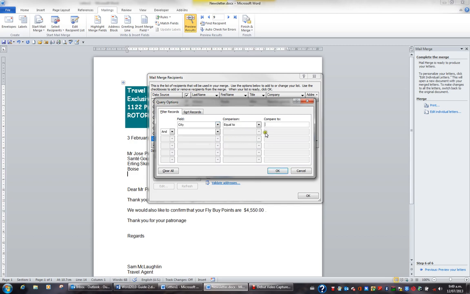I'd like to filter out those records where the city is equal to London. I'm going to change and to or, choose City again, and put Madrid. So I'd like to filter out those records, i.e. I'd like to send this letter only to those records where the city is equal to London or the city